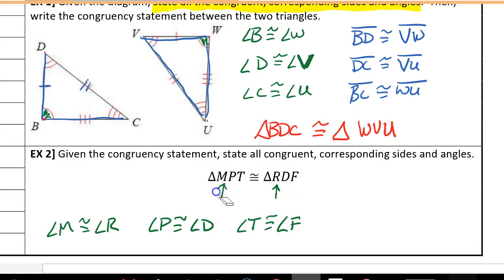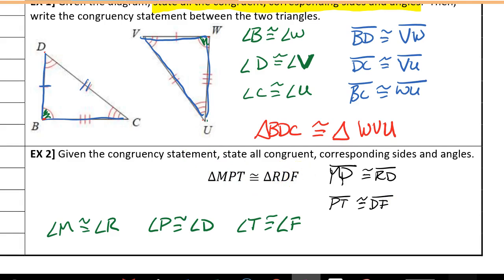Now, with the sides, we are going to match up two sets of letters. So side MP is congruent to side RD. We can match up the last two letters, PT and DF. PT is congruent to DF. It's matching up the vertices there. And then finally, we did 1 and 2, 2 and 3. The only other combination we have is 1 and 3. So MT is congruent to RF,